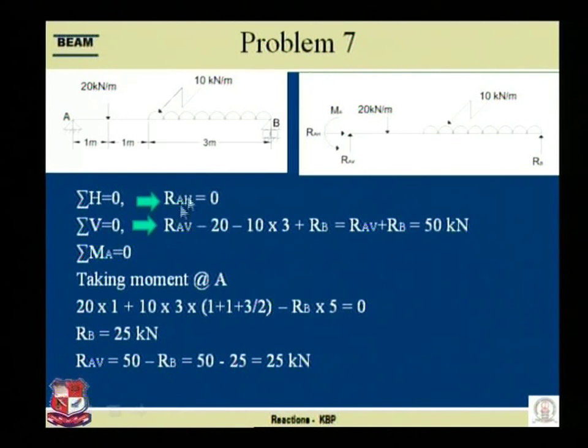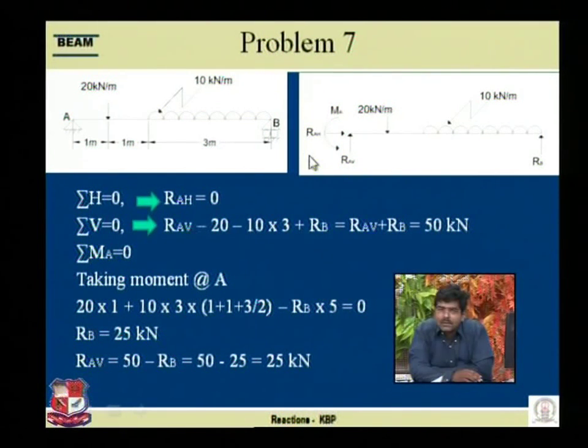Next, sigma MA is equal to 0, we take moment over here. Because we take moment at A, the contribution of these two forces is 0. Next, this 20 creates a clockwise moment, so 20 into 1 with plus sign. This 10 into 3 creates once again a clockwise moment, acting at the CG of the UDL. So what is the perpendicular distance? Yes, 1 plus 1 plus 3 by 2 is the perpendicular distance for the UDL, minus RB into 5